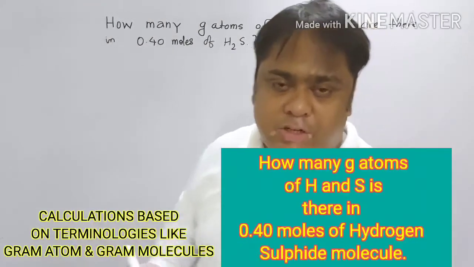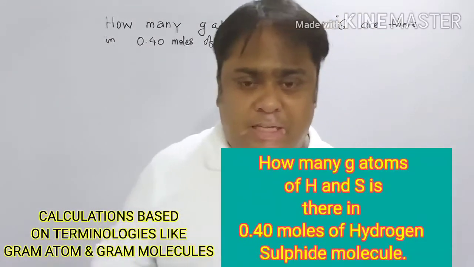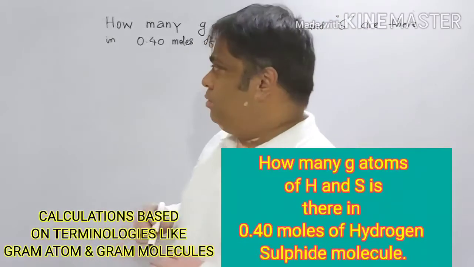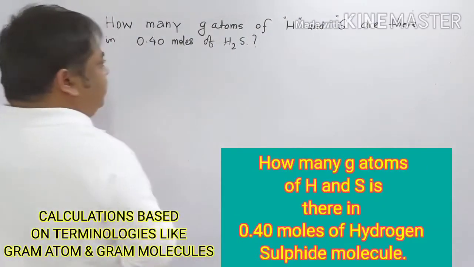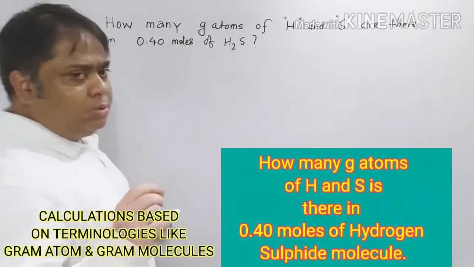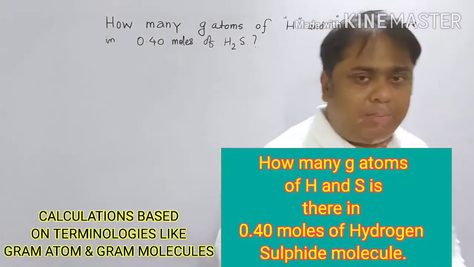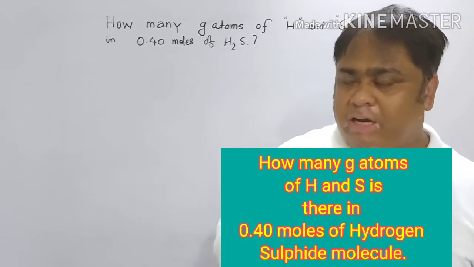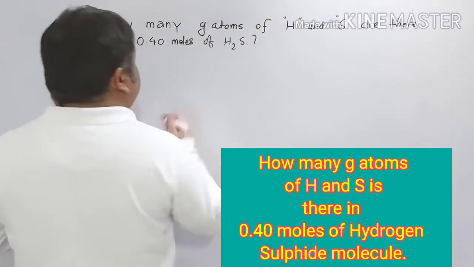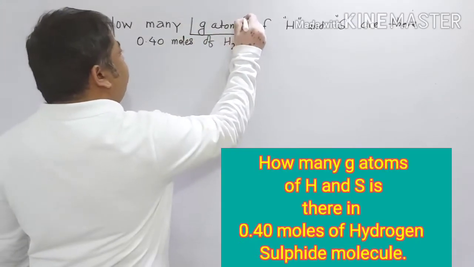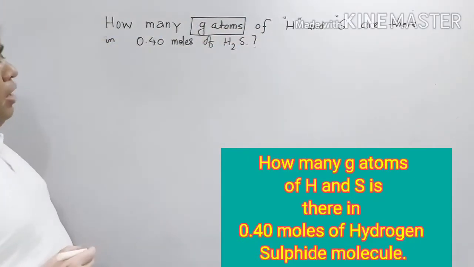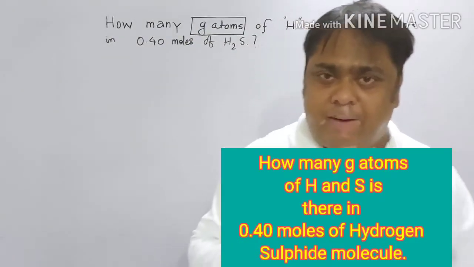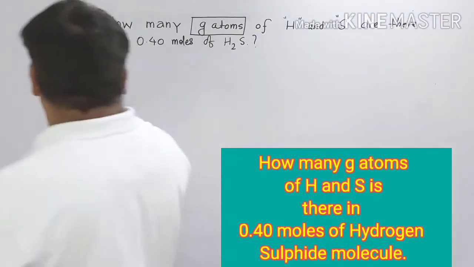One of my students was trying to solve some problems based on basic concepts of chemistry. So there, my student was trying to understand whether number of moles is equal to the number of gram atoms and gram molecules. Yes, my dear child, it is the same thing. So don't confuse. If you are asked to find out gram atoms, simply find out number of moles. If you are asked to find out gram moles, simply find out the number of moles, and that will be the gram atoms. So nothing to confuse.